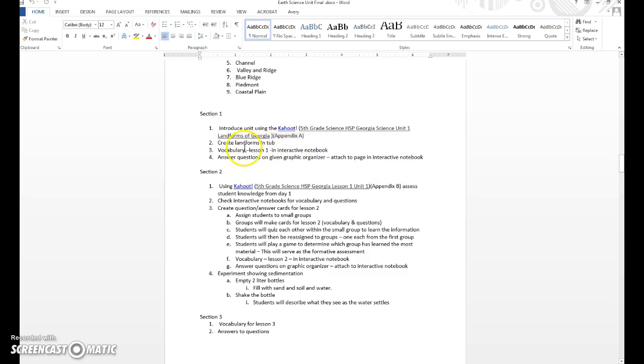The next thing we'd do is we're going to create landforms in a tub. They're going to do their vocabulary using an interactive notebook. I'll give them a graphic organizer, and they're going to put that in their interactive notebook. And they're also going to do a reading. The following session in science, and we don't do science every day, so it might be 2 days, I will assess their learning from this first unit. And that Kahoot